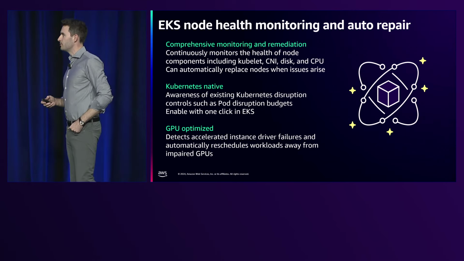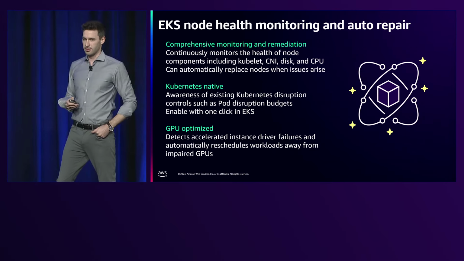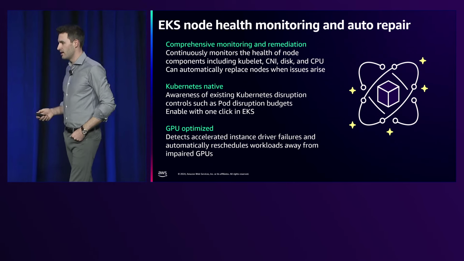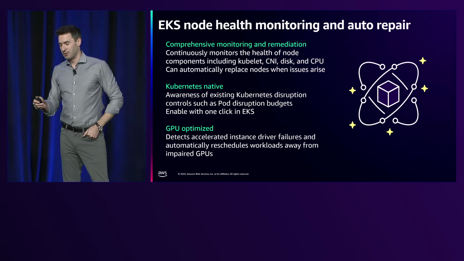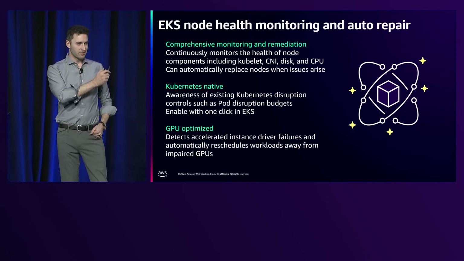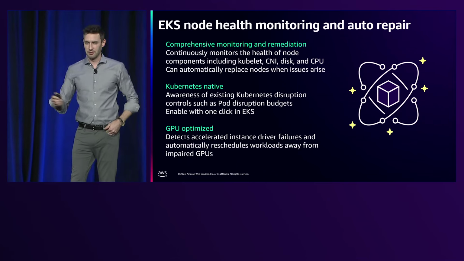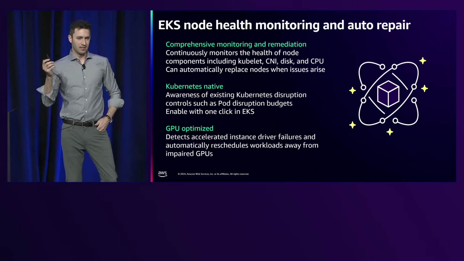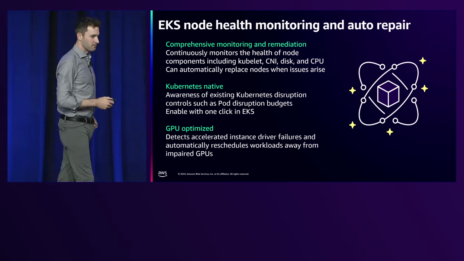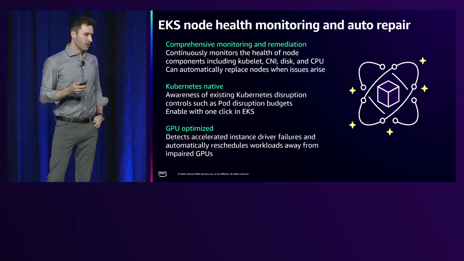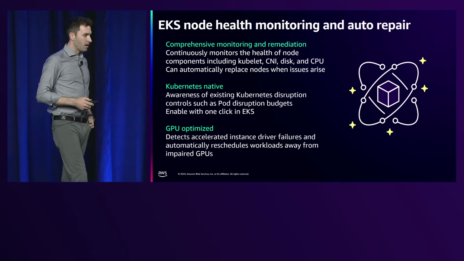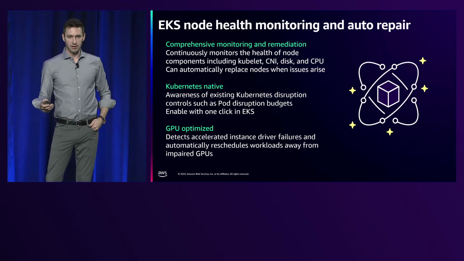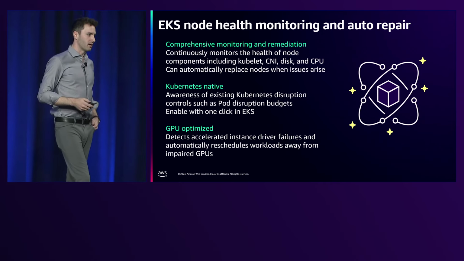GPU instances do tend to fail more often than CPU instances. They're running complex math calculations. I know the EC2 team is doing a ton of work at the data center level to try to increase the performance. Things like 1% changes in humidity in the data center can give a 10% increase in the lifetime of a GPU instance. But they do fail on occasion. And we've put a lot of effort this year into detecting those failures so you don't have an instance that goes bad in your cluster and is wasting money while it's not actually doing any